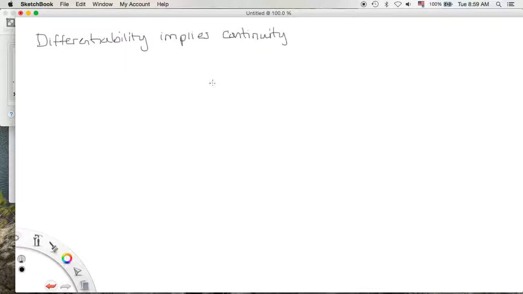Because of that local linearity, if you look at that, it's a continuous function because it's all smooth, and it's going to make sure that it's continuous. So differentiability implies continuity. That means if you can find a derivative, you know that it's continuous there. But it doesn't necessarily work the other way around. Not necessarily. Sometimes, but